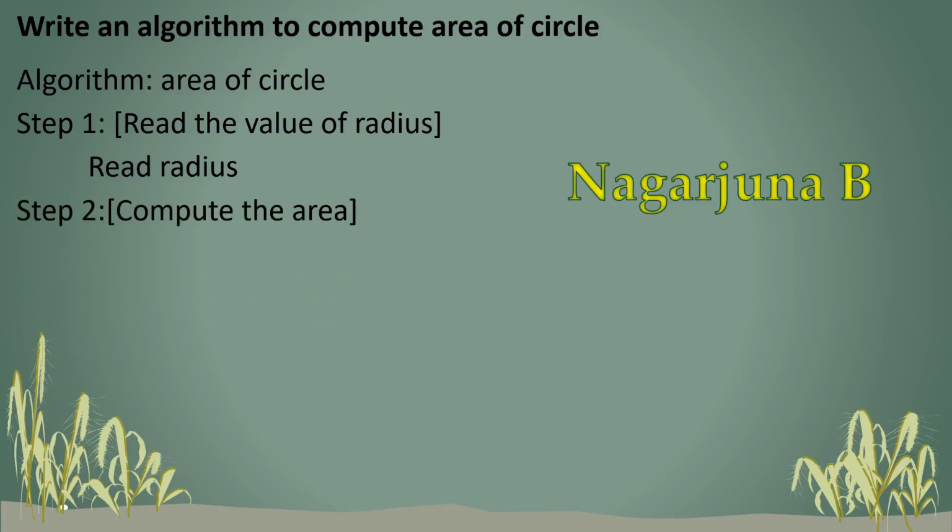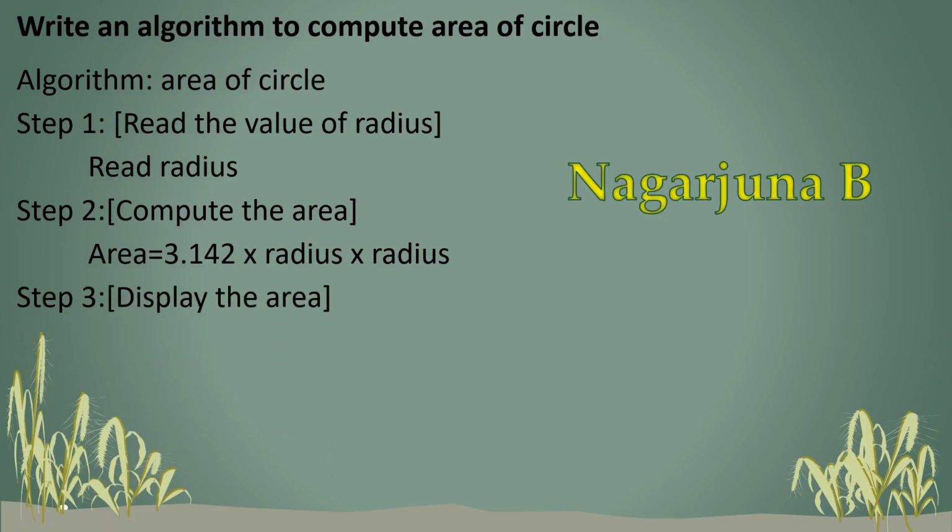Then step number 2, compute the area. That means in this particular step we are going to calculate, or we write the formula to find the area of a circle, and that we can write as area is equal to 3.142 into radius into radius. That is the formula. That is, we are performing a calculation. It is also called a computation. Alright, so that explanation has been written, and it means for each of the steps we'll be writing the explanation, and below that we'll be writing that particular step. This is the operation which we are going to perform in that particular step.